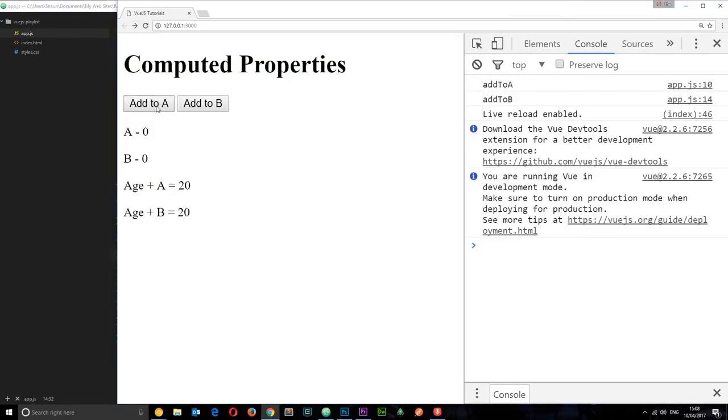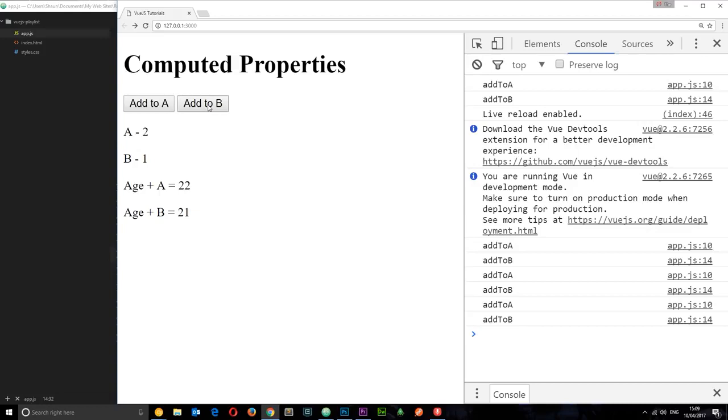Every time I press this button, add to A, check it out, add to B was ran, and add to A was ran and add to B was ran. So both of those functions ran, even though I'm only clicking add to A and changing A. And the same goes if I add to B. Both of those functions run, when really only one of them needs to run, either add to A or add to B. So to make this more efficient, we can use computed properties, which are very similar to methods,